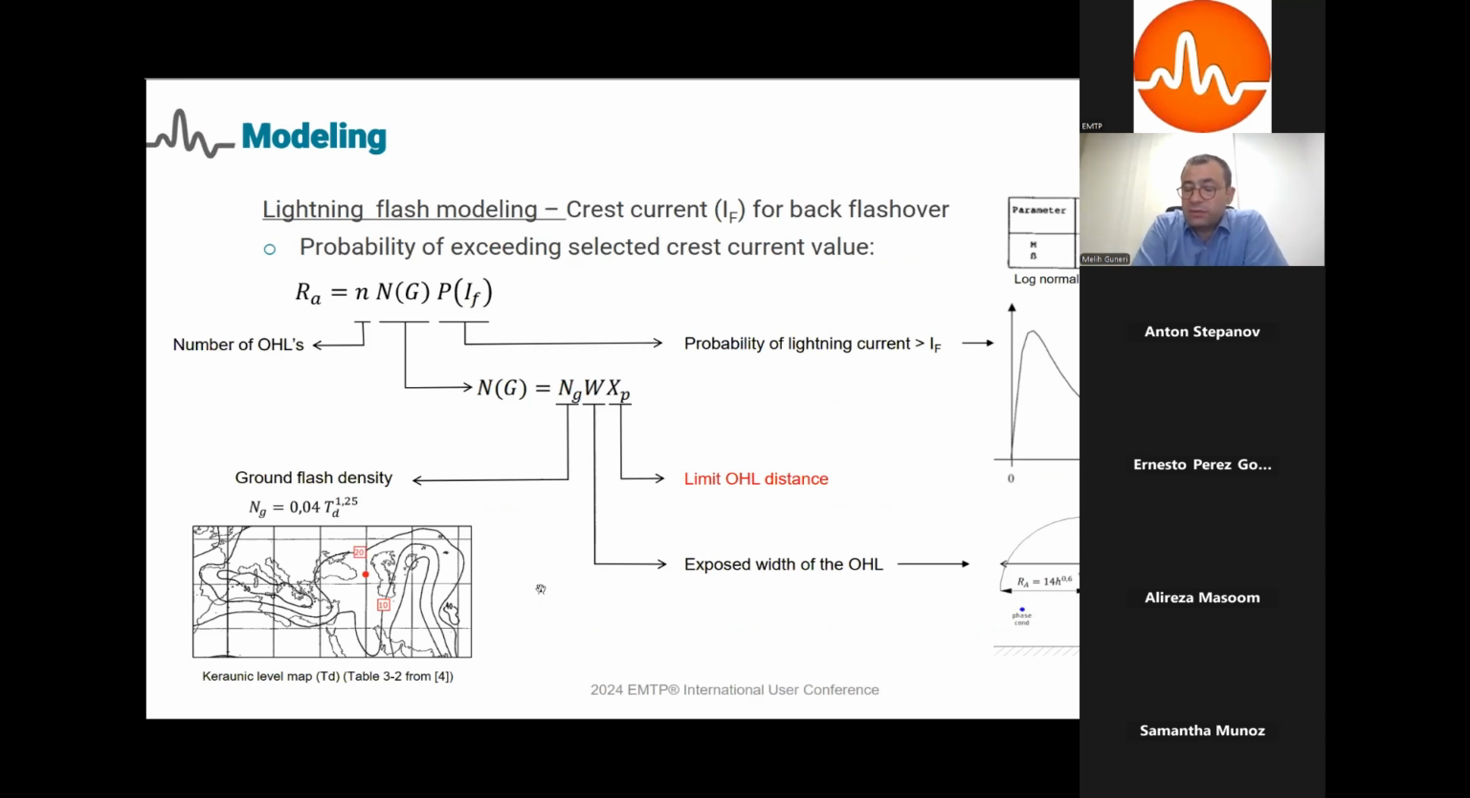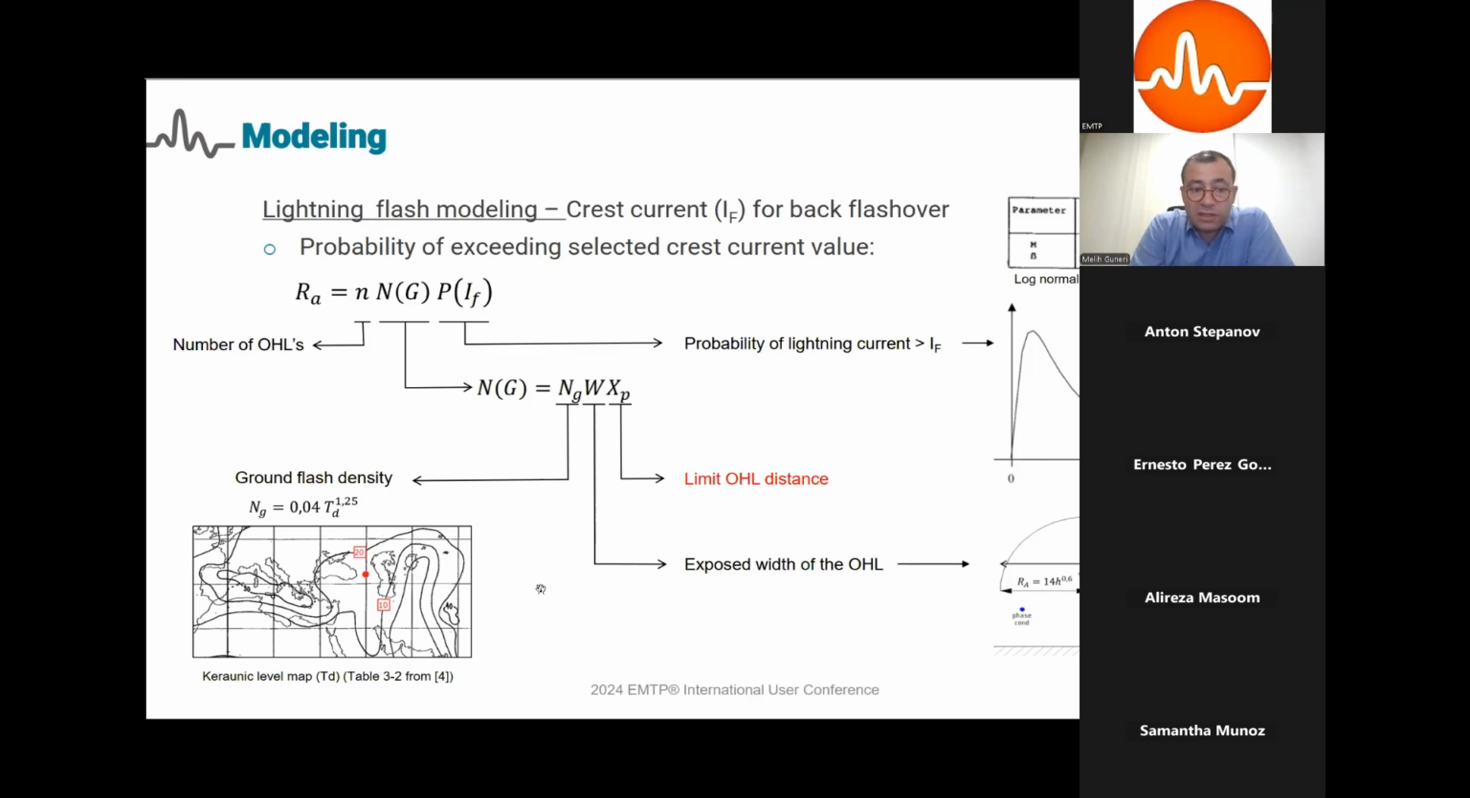As it is known, the probability of lightning current is given with a log normal distribution. So for any selected crest current value, it's possible to calculate the probability function. The number of overhead lines can be easily specified. Then the number of flashes to the exposed area, that's the NG,